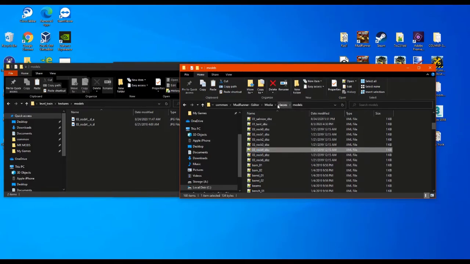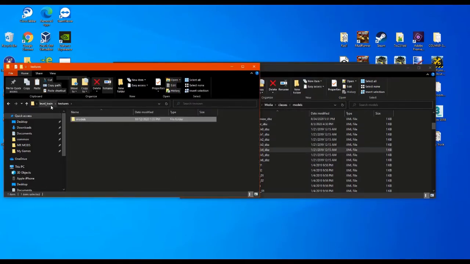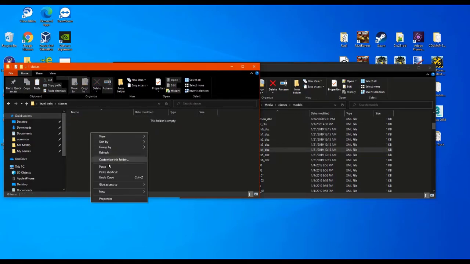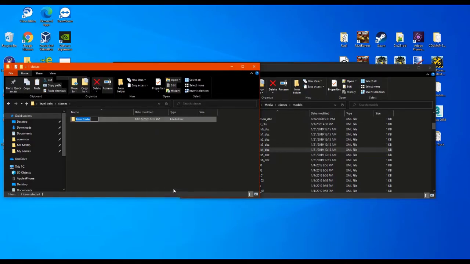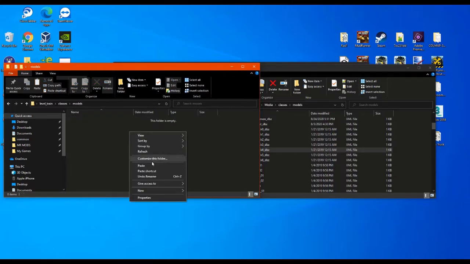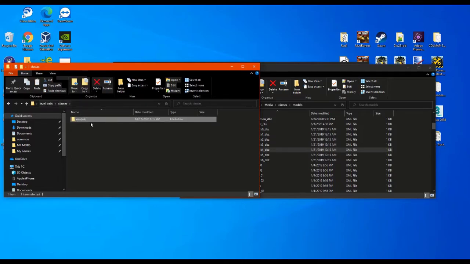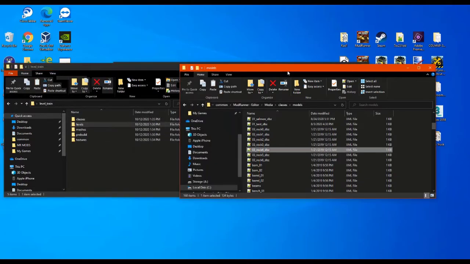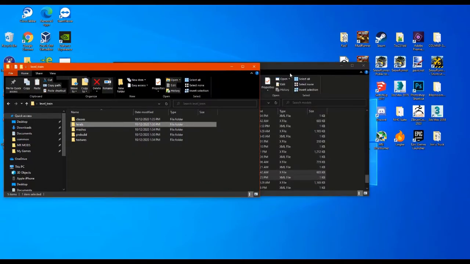And this is my classes folder. So textures, classes, new folder, models. And it has to be in the right subfolders. So you should always have classes, models, then the folder where the file is. So once you have all your models